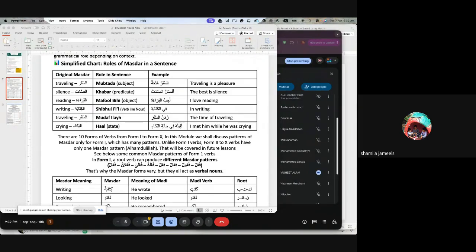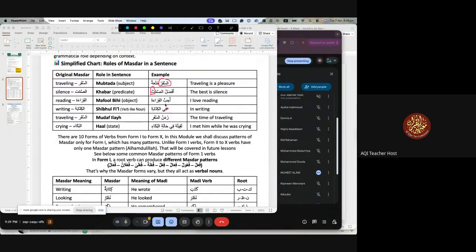Now it was told that masdar can change the I. I didn't get that point. Okay, so asamtu means silence, right? So silence is an idea. He became silent, or you will be silent. It's not an action, it's a concept, an idea. But because it is playing the role of a khabar, it has taken the dhamma here. This is a mubtada, this is dhamma. So it is khabar, also dhamma, rafa.